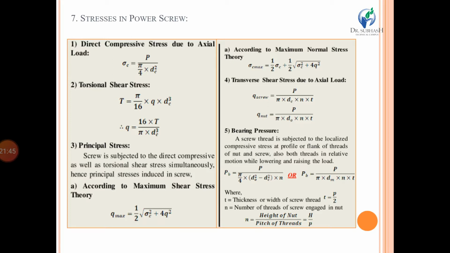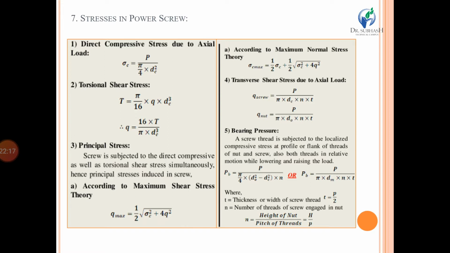The fourth is the direct shear stress theory, because the weight W, the direct shear load, is acting on the threads of the nut and power screw shaft, so it breaks in shearing action and causes shear failure. So in case of the screw, direct shear stress will be W upon π dc n t, where dc stands for core diameter, n for number of threads and t for thickness of thread. Similarly, in case of the nut, there is a little difference, W upon π do n t. Do stands for the outer diameter.